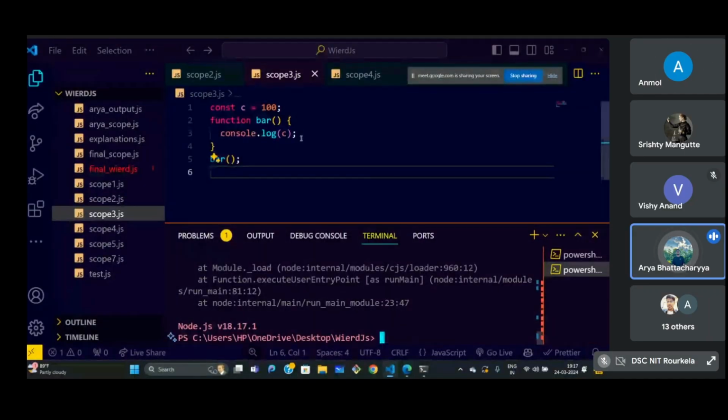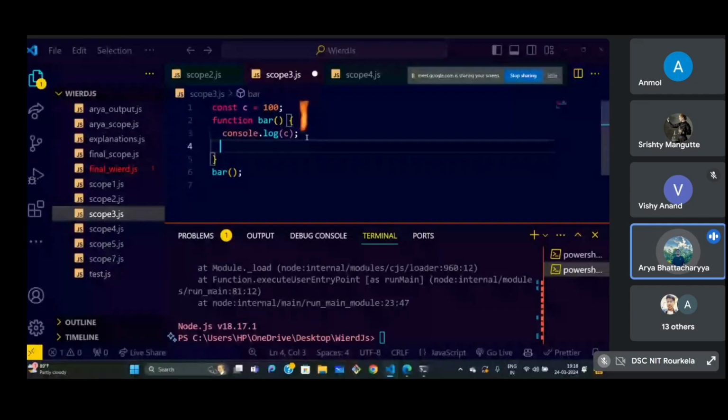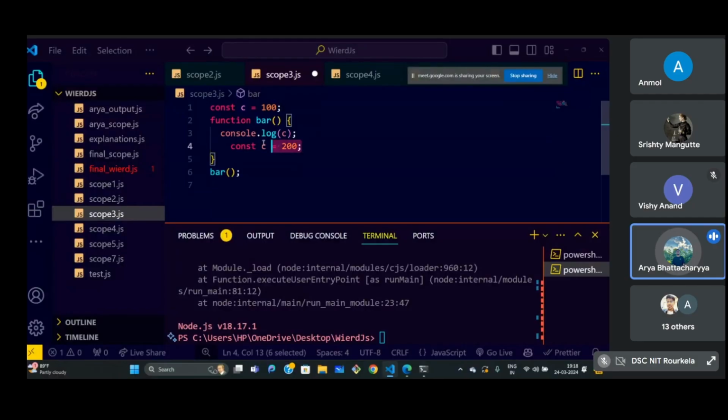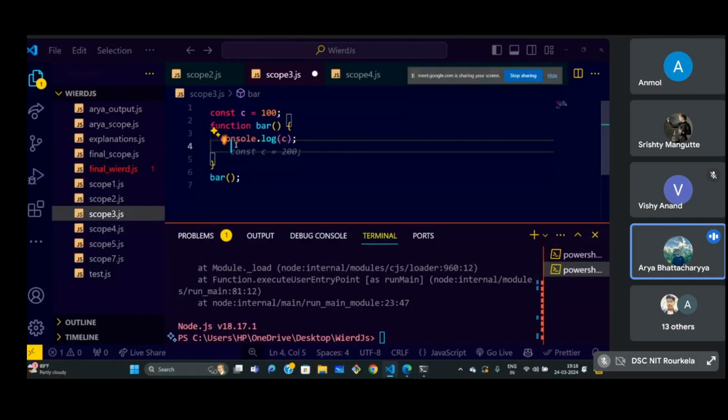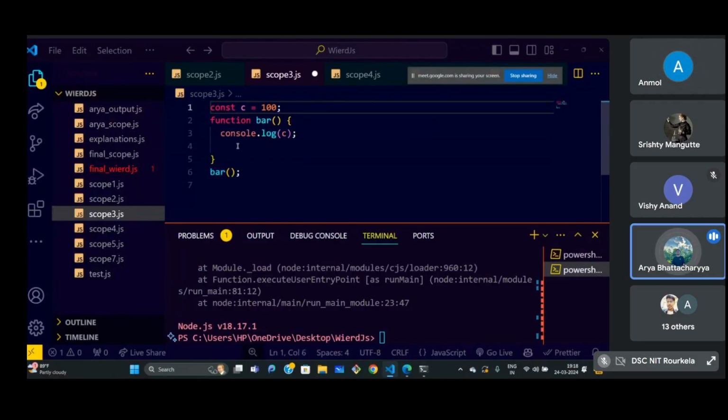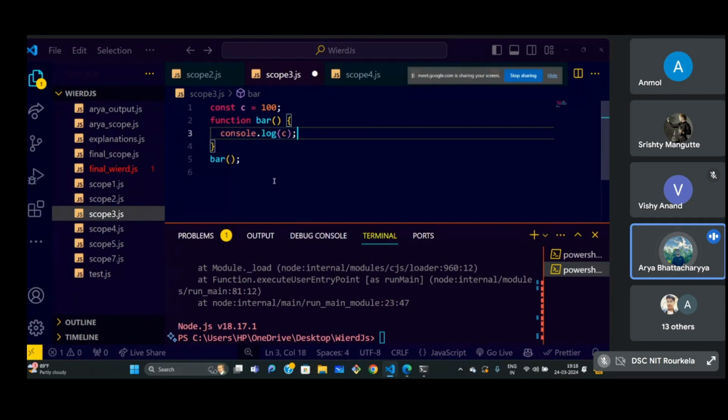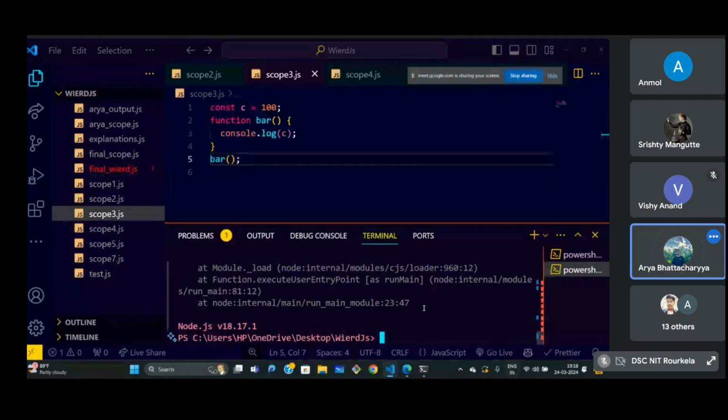Of course, this is going to be 100, because we are not accessing anything below; there is nothing here, so this won't create an issue. Also this is const, so there is no var-style hoisting issue either. This is not going to be an undefined, and a reference error won't come either. So of course it is 100, 100 will be printed here and the function is called outside, so this would actually return 100. So let's try that out.